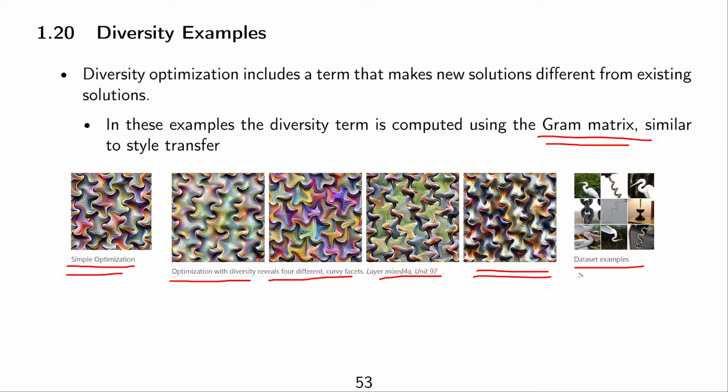And then to the right, we see dataset examples that excite this particular activation. And again, we could say that these results are not all from the same semantic concept. So there are a few birds, but then there's a chain, there's a snake, there's some ornament. Not really sure what that is. So this would also be an activation where it's not really clear what it's looking for. And then maybe the diversity optimization can help a bit better to visualize different examples of what this